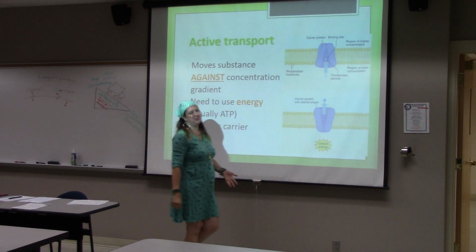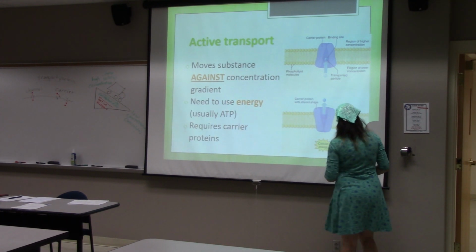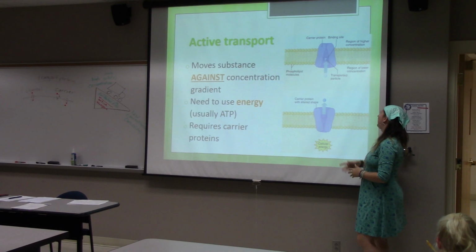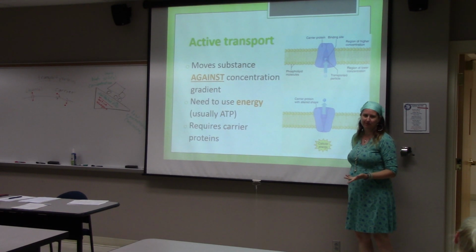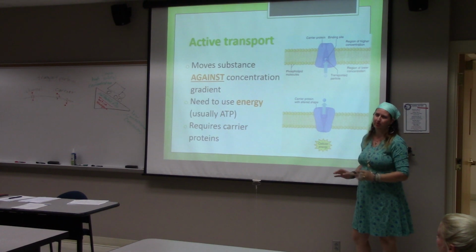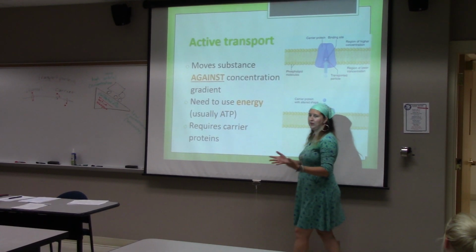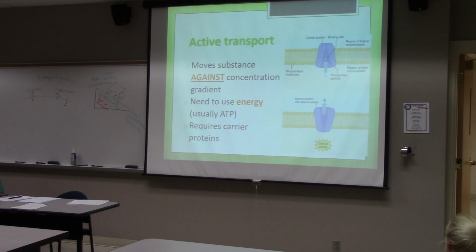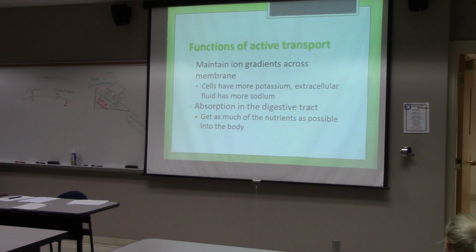So to do active transport, you need a carrier protein that can move the substance in the right direction and some energy, usually in the form of ATP, to give it a push, because the substances want to be where they're less concentrated. Why do we want to do this? Move things against their